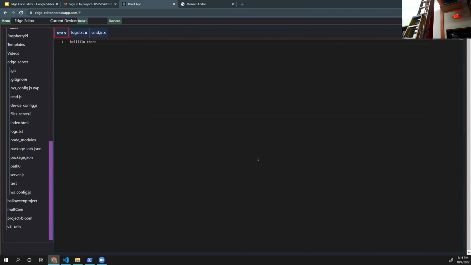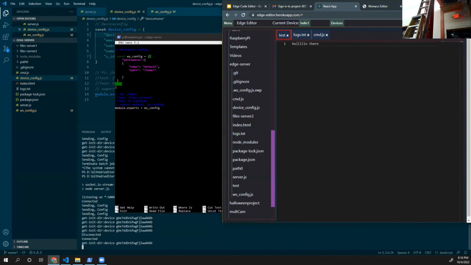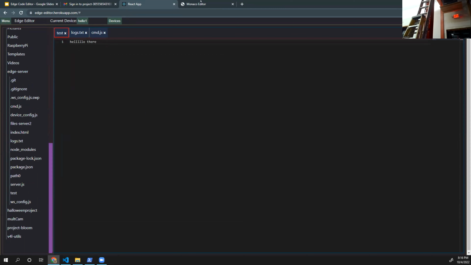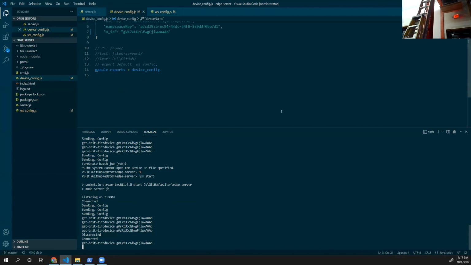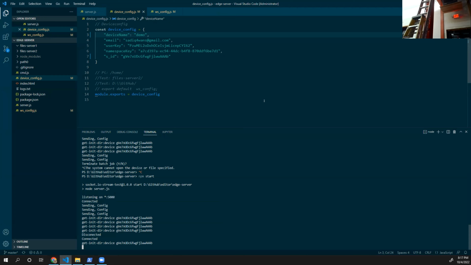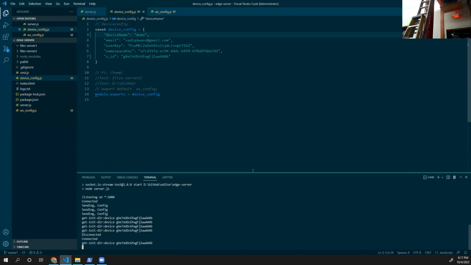At this moment, I'm using what we call the Monaco editor. For those who do development, Microsoft created something called VS Code. It's this one, the thing you see open right now. VS Code is a really good code editor.